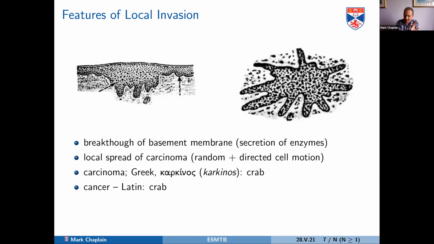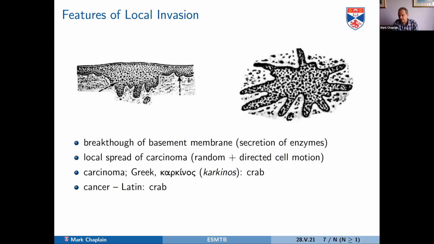But in addition to the tumor-induced angiogenesis, cancer cells also have the ability to start invading the local tissue through secretion of enzymes. And here are a couple of pictures from a pathology textbook where you can see that the initial cancer, this is an epithelial tissue, so this is a carcinoma. You can see that rather than remain localized in the epithelium, it's now broken through and degraded the basement membrane and is now invading in this sort of irregular